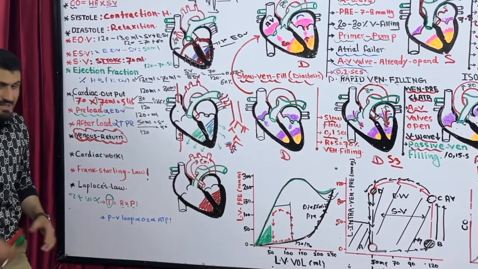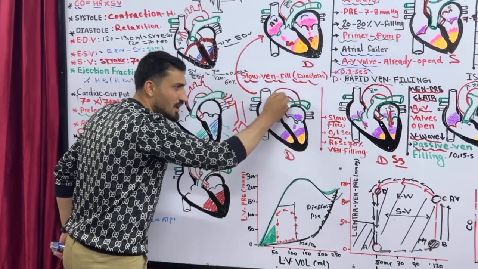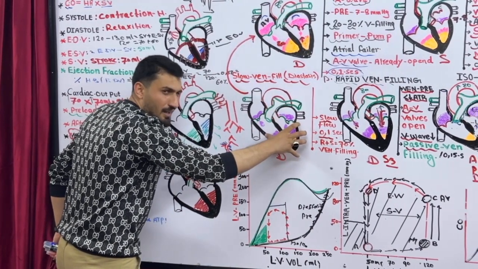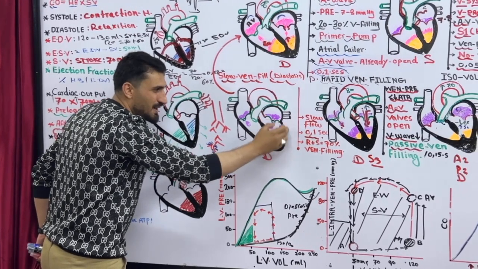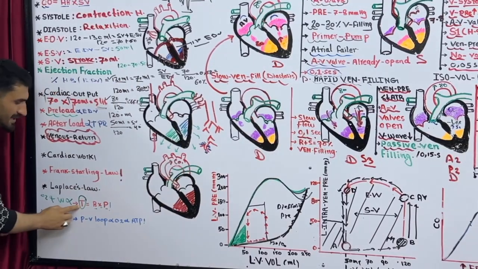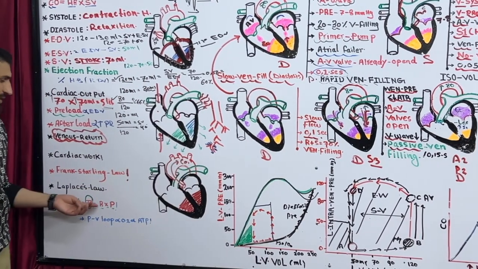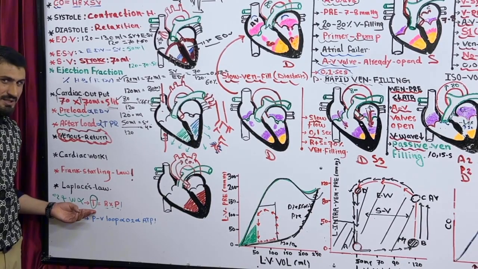Plus, sometimes the heart contracts against high pressure, so the heart produces a lot of pressure. When you increase pressure, you increase tension. So in both conditions, when you increase the radius or the pressure, you are going to increase tension,